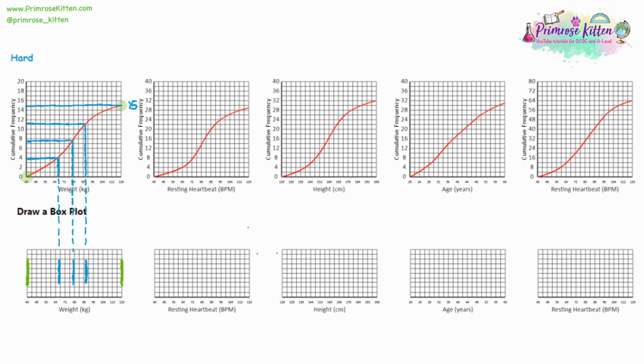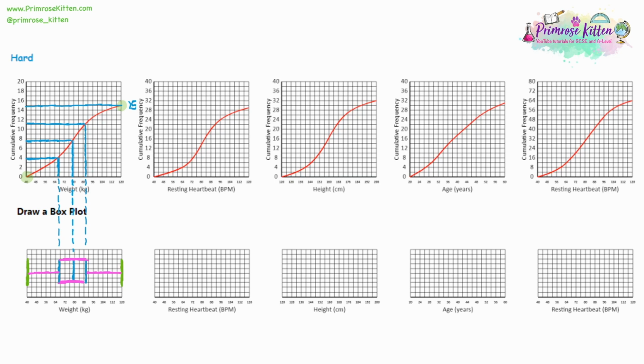Now we don't yet have a box plot, and there's one last little detail you've got to do with the box plot. I'm going to join up these lines we have. Now, how high these lines are doesn't matter. So I've done these about 6 squares high, but again, there's no y-axis on box plots, so that doesn't matter. But what is important is how you join. So the lower quartile, the median, and the upper quartile are going to be joined up. And once you've done that, you then join it to the minimum value and the maximum value, just like I've done here. And this kind of pattern is what we call a box plot. Now, I've color coded it, so you see my minimum and maximum values in green. You can see my lower quartile, median, and upper quartile in blue.